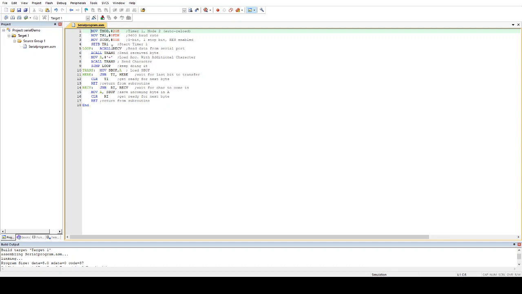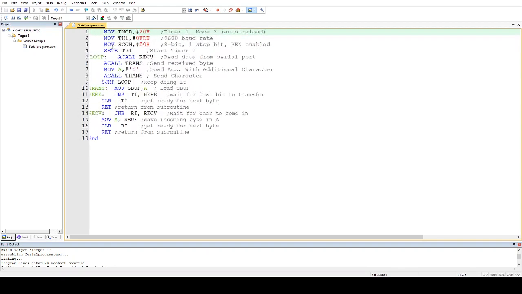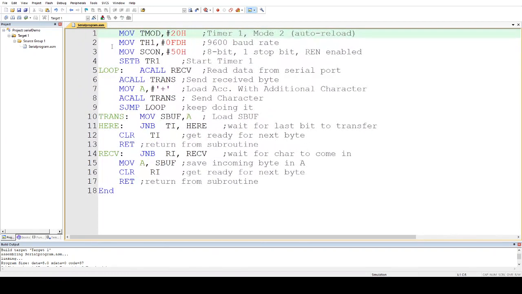So you can see here, this is the code which we developed right now, that is MOV TMOD, #20h, MOV TH1, #0FDh. This is the same code. To check this code, let me start the debugging session.